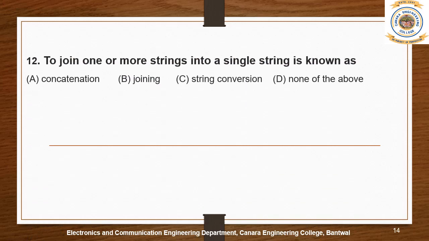To join one or more strings into a single string is known as, we call it concatenation. Joining two strings is nothing but a concatenation operator. So therefore the answer is